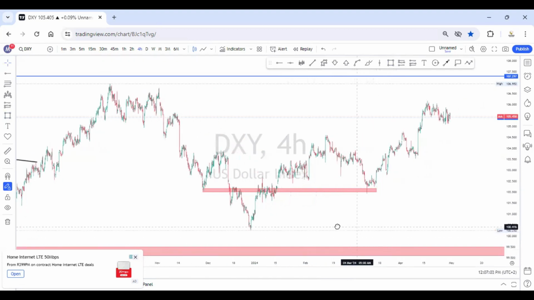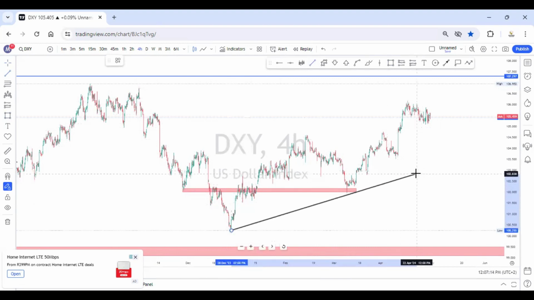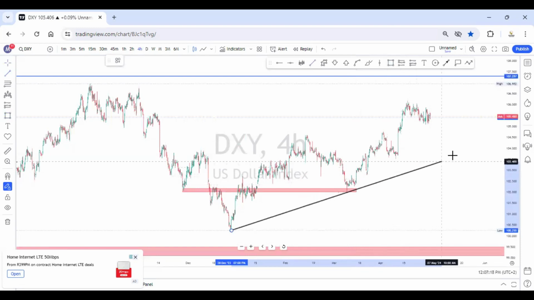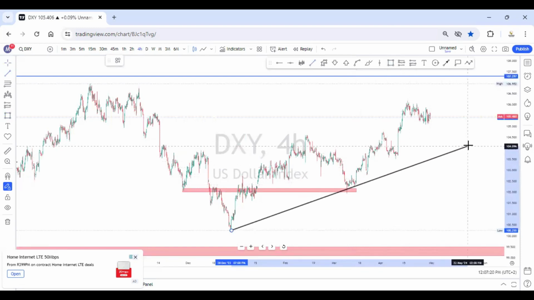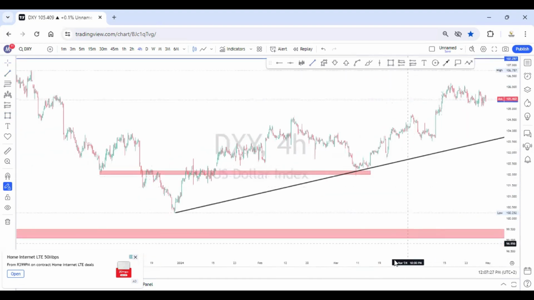So currently right now, I'll quickly put my trend line here. This is the main previous structure. So let me count the trend line into this level here. I'm not going to use this point, I'm going to use this point here, because somehow this is the one that we end up calling a fake